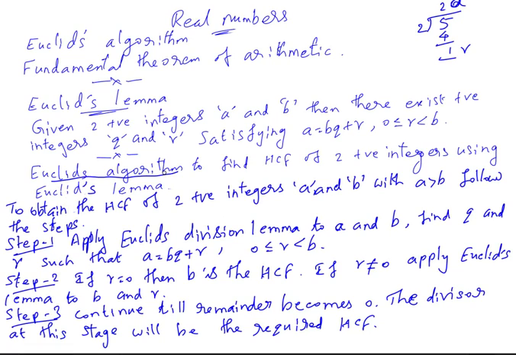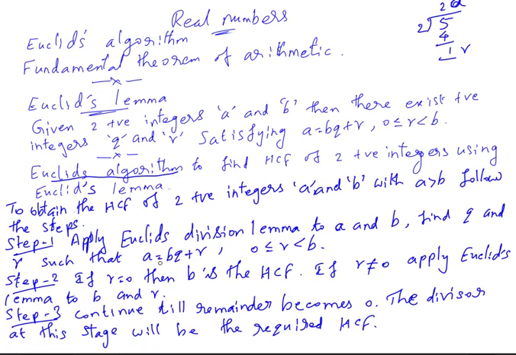By using this algorithm we are finding the HCF of two positive integers. For this, we have to take two numbers and identify which is the smaller one and which is the greater one. The greater one we write as the smaller one times the quotient plus the remainder. For this we divide the greater number by the smaller number to get the quotient and remainder. So a equals bq plus r.